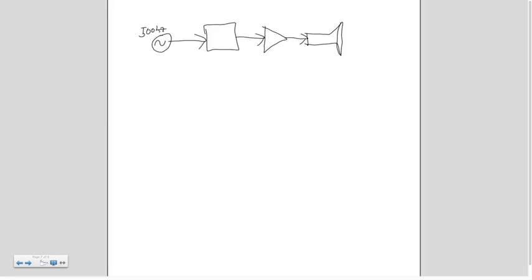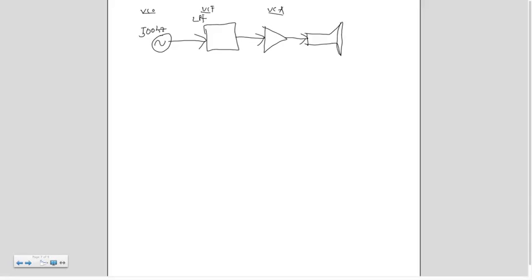Going into some kind of filter, which the square tells us is the filter. If you see something that is a VCF, you know that it's going to be a voltage controlled filter. Over here we have the VCO, and then a VCA, voltage controlled amplifier. And then in order to determine what kind of filter, we would see something like LPF, which tells us that it's a low pass filter. Then you would have to have some kind of cutoff frequency variable on that